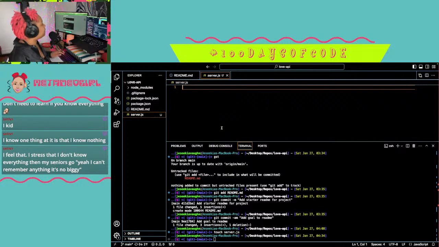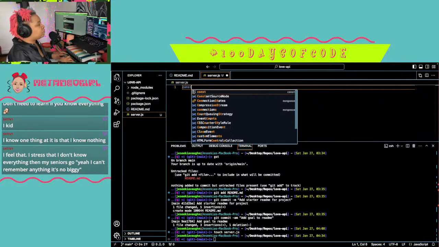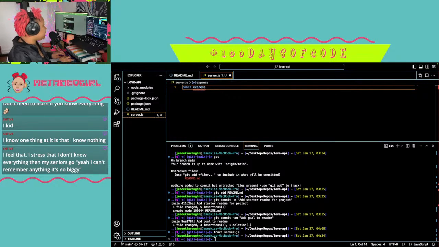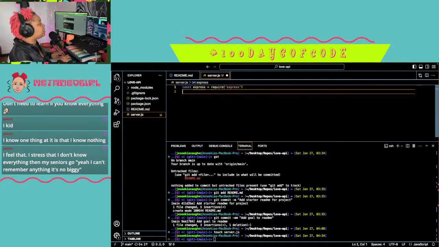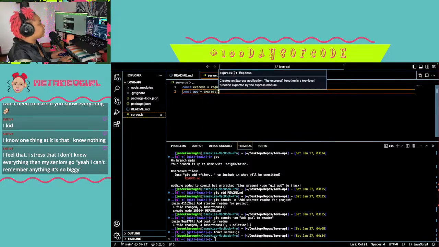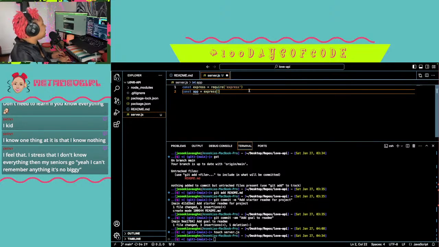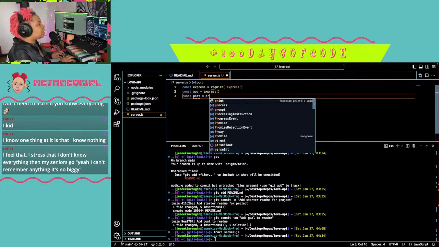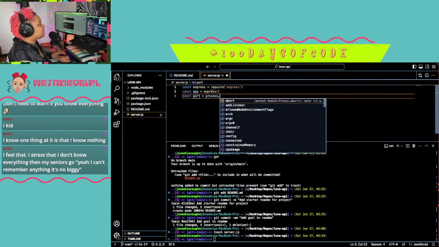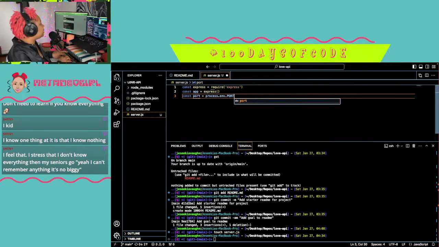You can never memorize everything you could possibly know, because even if you did, tomorrow your knowledge is gonna be outdated, because something new is always gonna come along. So even now, as I start my app, I'm not doing this from memory, even though I probably should be able to. But I don't write Express apps enough to do this from memory, if I'm being honest. If I did this all day, every day, it would be different. But because I hop between different tech stacks and different tools all the time, I have to look this up.